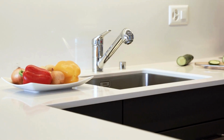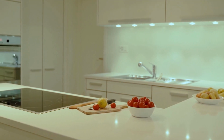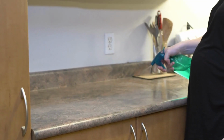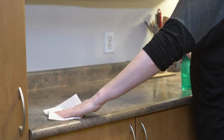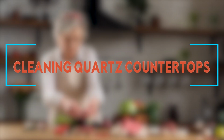Quartz countertops in your kitchen or bathroom? Known for their stunning appearance and durability, quartz is a popular choice for homeowners looking for a low-maintenance yet elegant surface. But did you know that proper care is essential to keeping it looking its best for years to come? In this video, we'll guide you through the best ways to clean, maintain, and protect your quartz countertops, so they